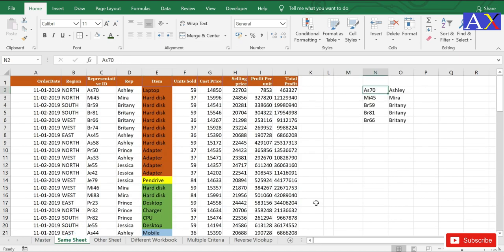So guys, we have this data in our hand. This data belongs to a sales company. We have the order date, region, representative ID, representative name, item sold, unit sold, cost price, selling price, profit per unit, and the total profit. Suppose we have the representative IDs over here, and we want to look up the representative name. So what we'll do is